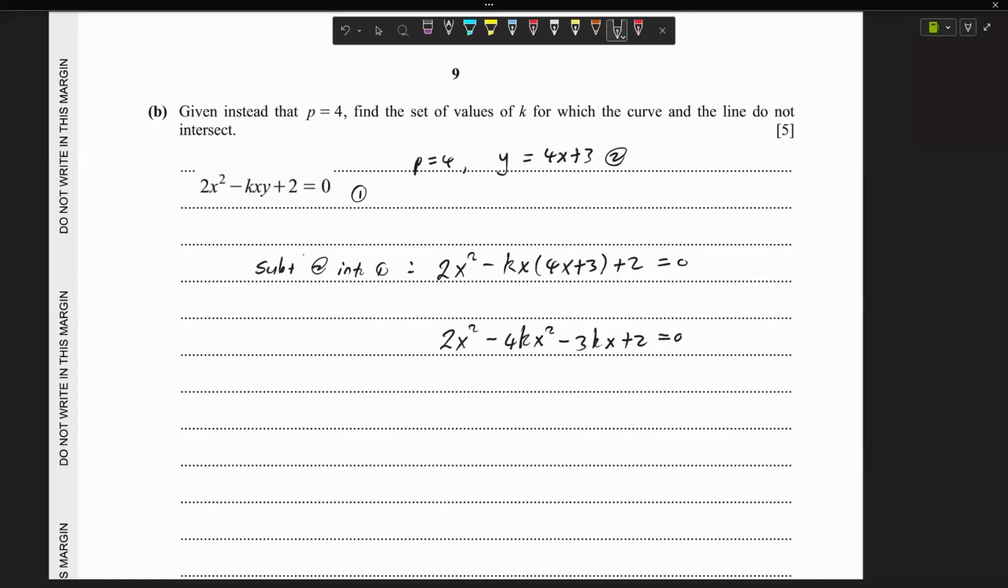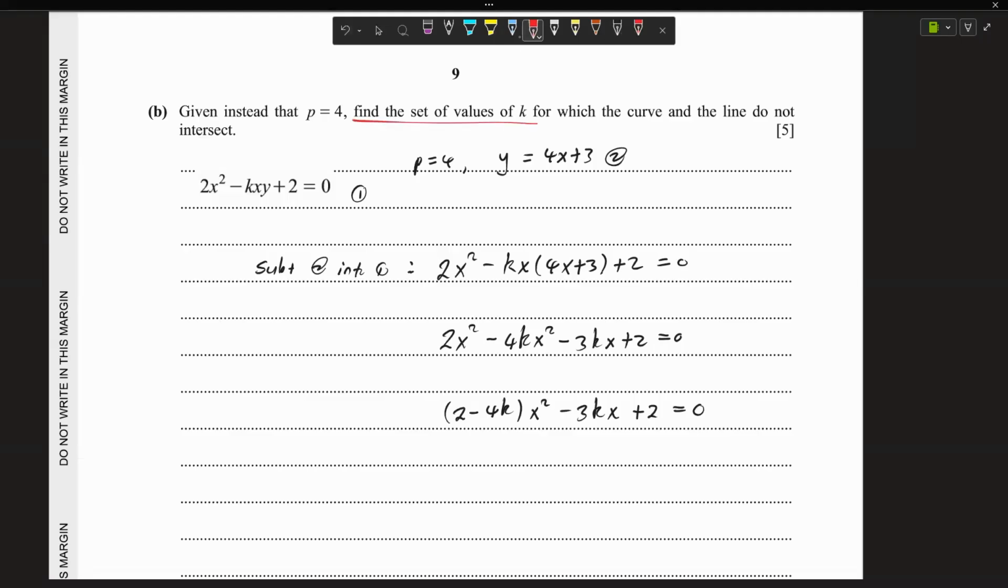All right, for this 2, we can factor out x squared. So that means we'll be having 2 minus 4k of x squared minus 3k of x plus 2 equal to 0. All right. Now,